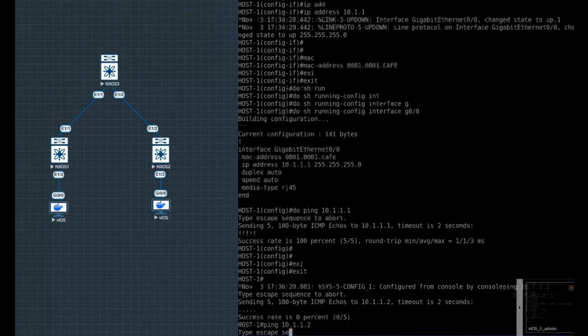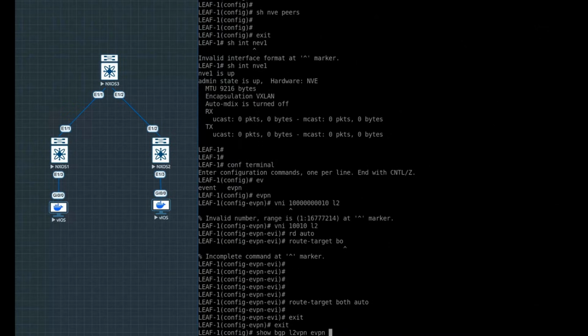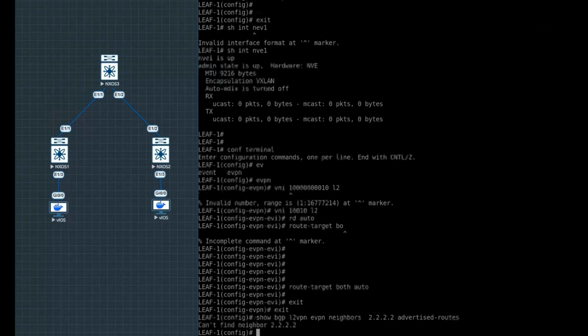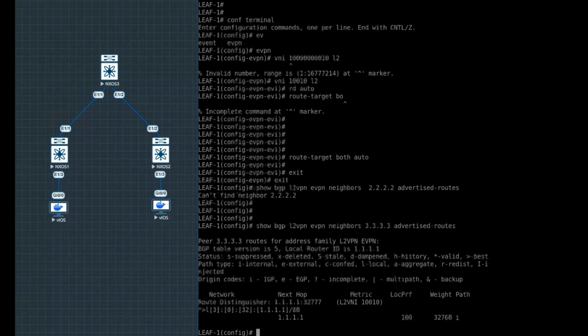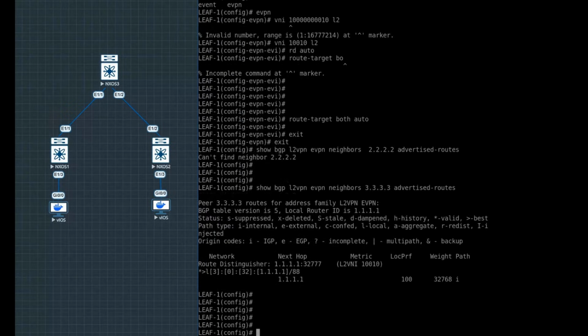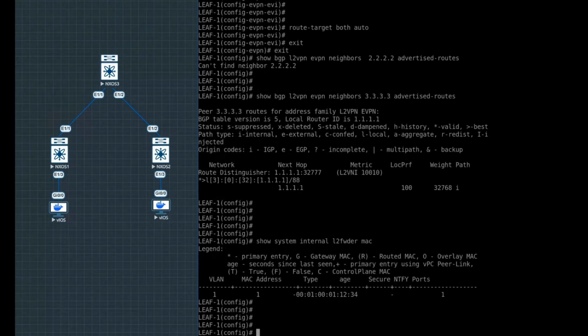So now also the NVE peer is not up because I'm not able to exchange packets because of the VLAN mismatch. If you see that I'm advertising to the route reflector 3.3.3.3, here I'm only advertising my route as a route type 3 with 1.1.1.1. Looking at the system internal L2 forwarder MAC, I'll see that there is no MAC being learned